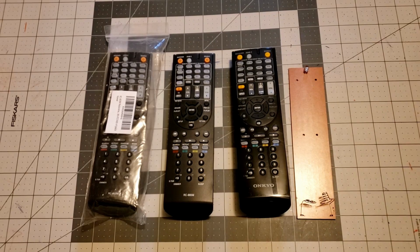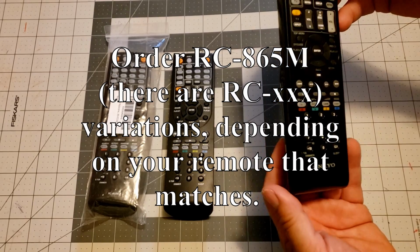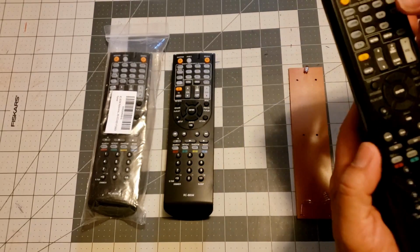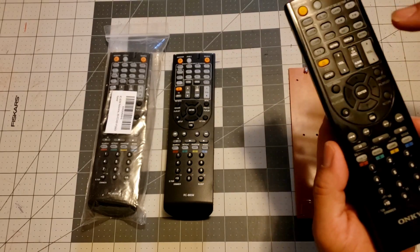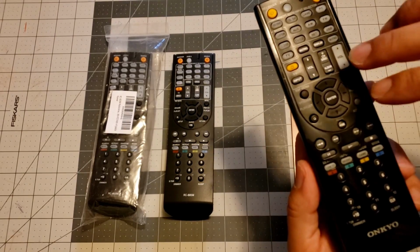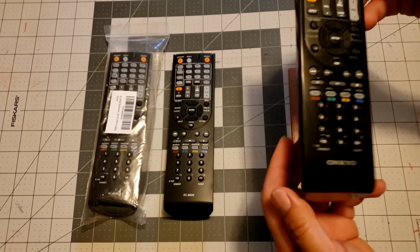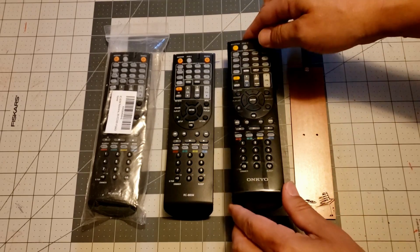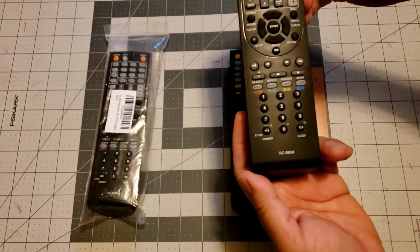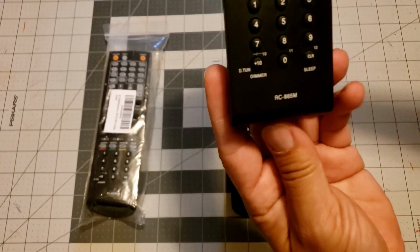What's going on here today is my Onkyo remote. It's for an older receiver and it quit working. Well, it didn't completely quit working. Over time, fewer and fewer buttons would function anymore, and it wound up getting to only a few buttons that would work. So, through Amazon, I ordered this remote, this